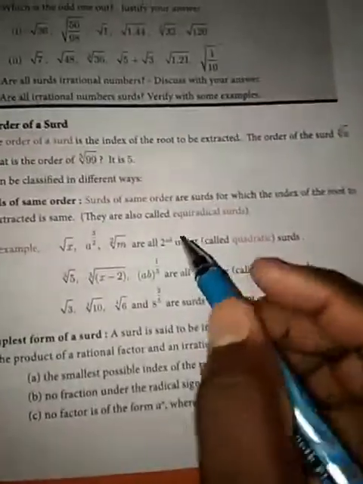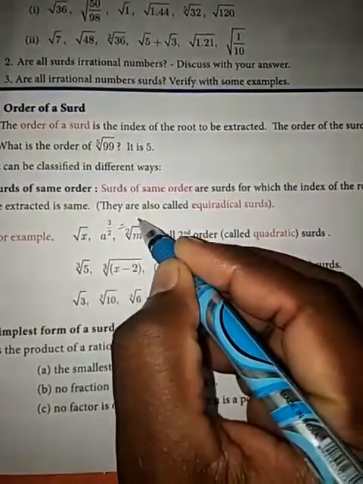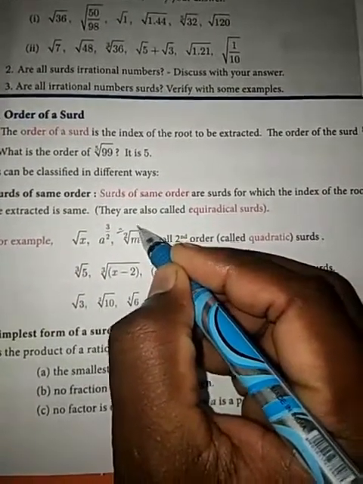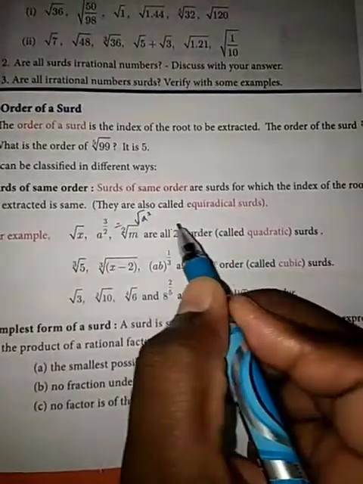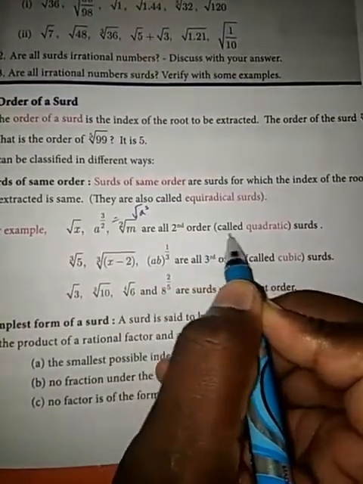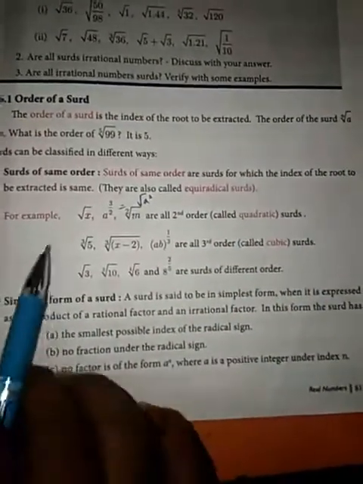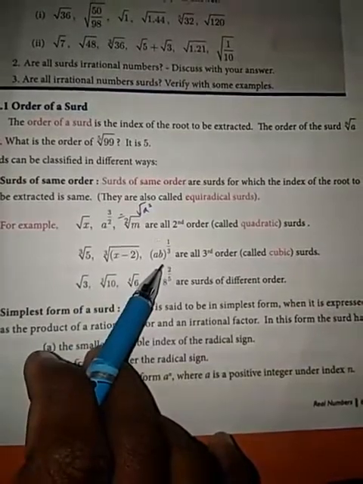And also 3 by 2 means we can write a power 3 by 2 as root of a cube, and square root of m. These are all second order surds. Next see the cube root of 5, cube root of x minus 2, and a b power 1 by 3, are